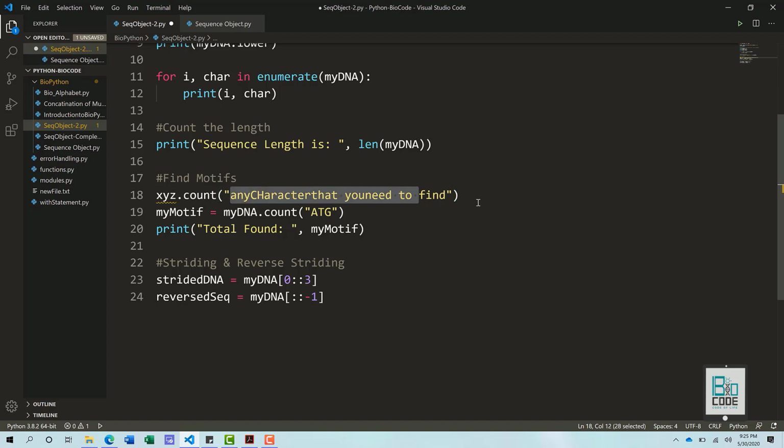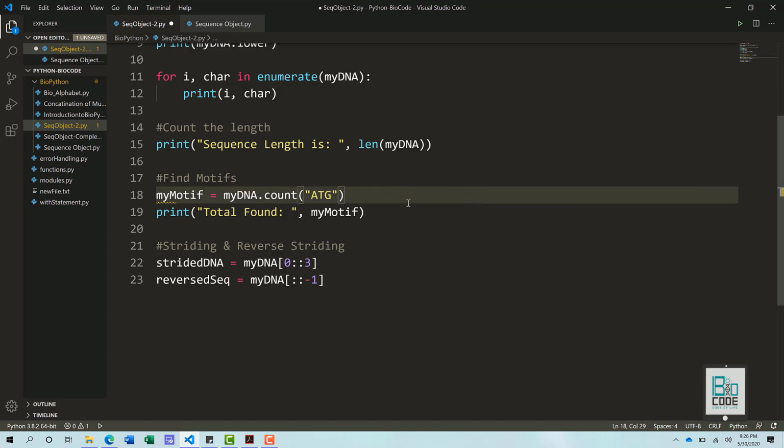It will return the count, not the actual position. For example, how many times ATG is present within your DNA. We store that in my motif, and then the total found is printed out.